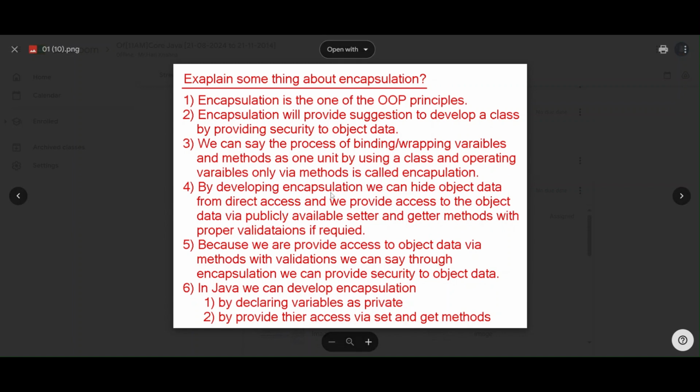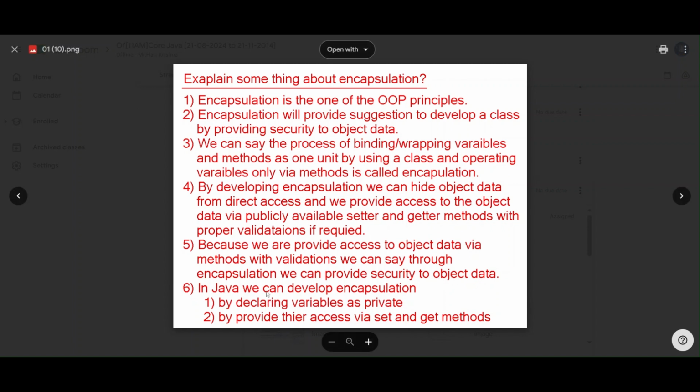By developing encapsulation, we can hide object data from direct access and we provide access to the object data via publicly available setter and getter methods with proper validation if required. Because we provide access to object data via methods with validation, we can say through encapsulation we can provide security to object data.